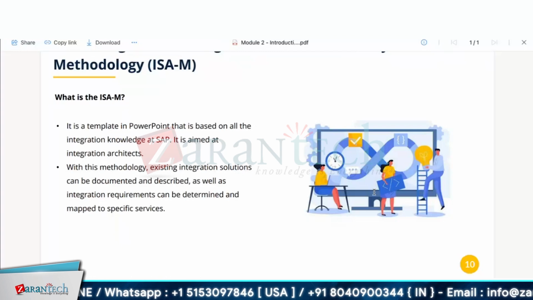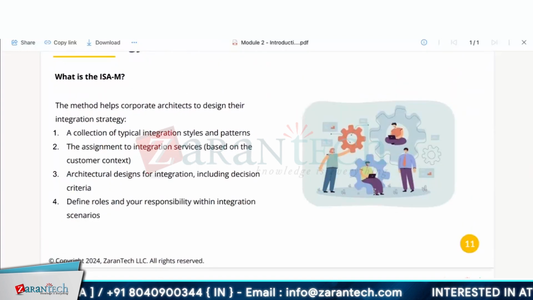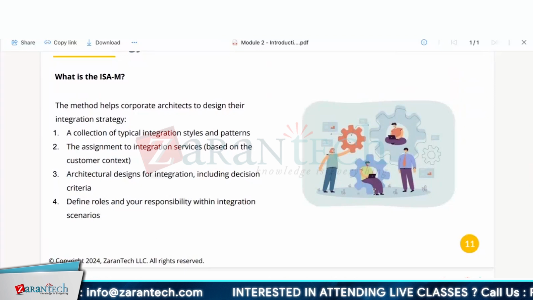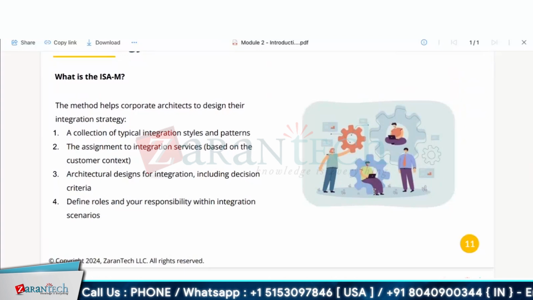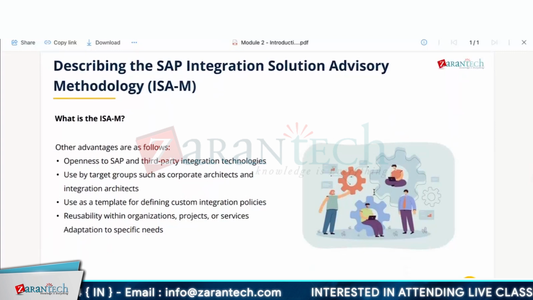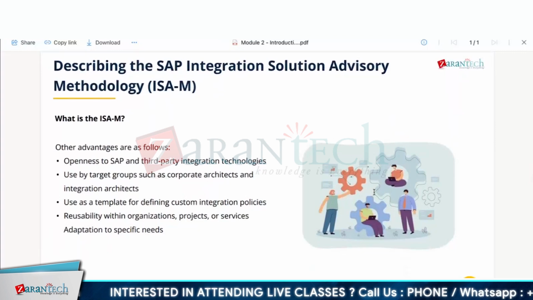ISAM methodology plays a major role in terms of your integration suite. This is a complete design framework which, based on your problem, helps you make a better decision at the time of designing the solution in a better way using the available SaaS solutions. Yeah. So as I told you, as an architect, how do I envision my end-to-end transaction completion?